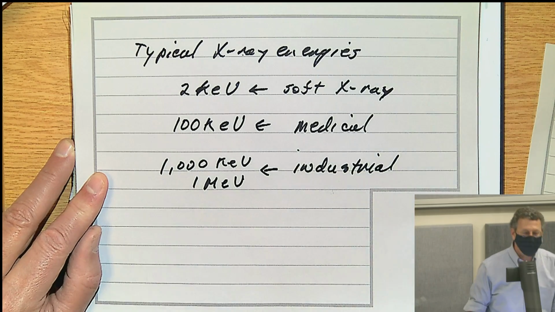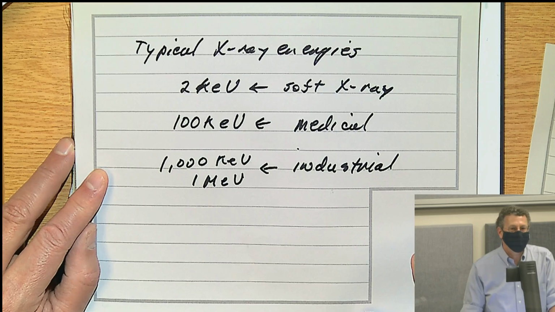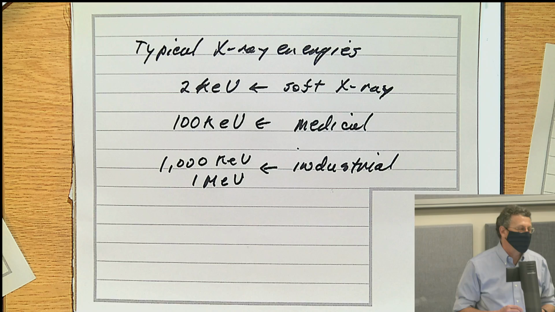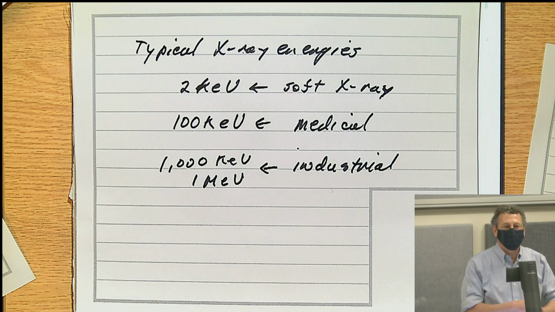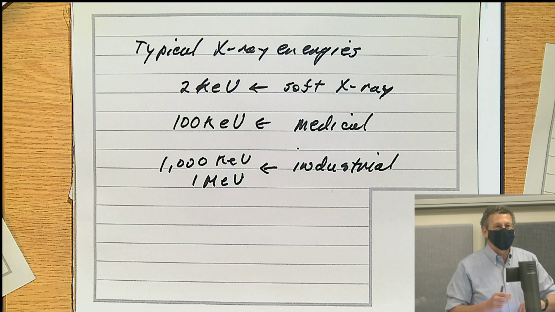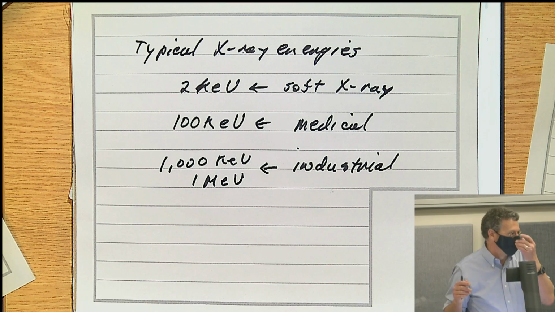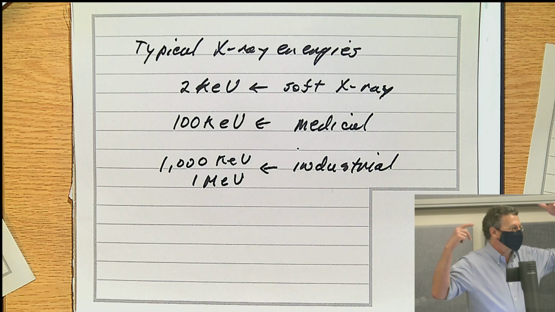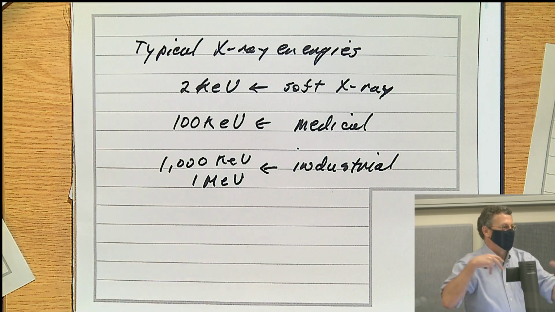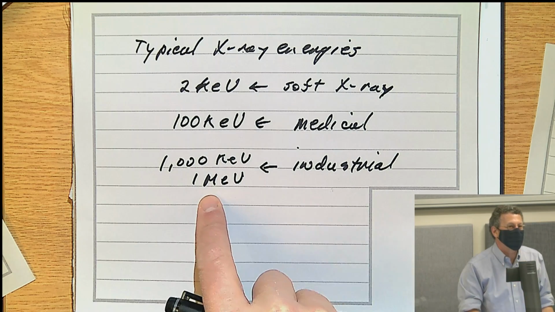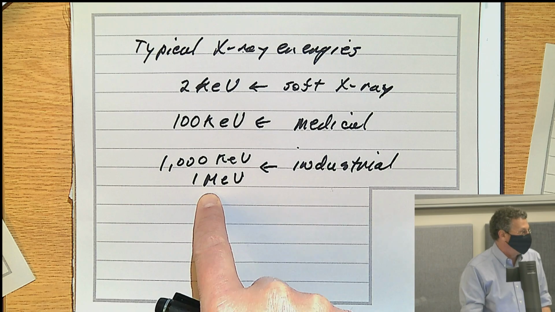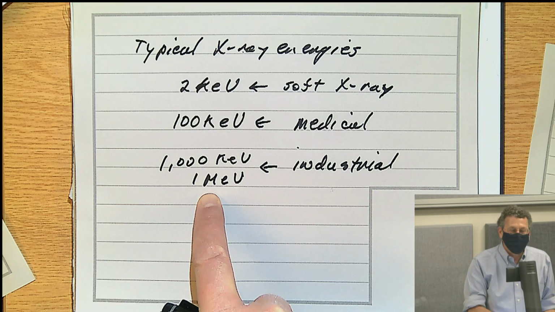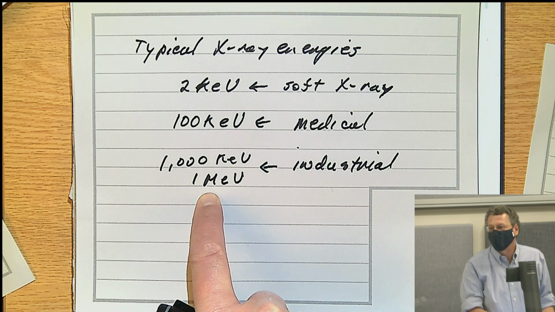I saw an example where GE had done a CT scan of an entire jet engine, not the LEAP engine, that's pretty big, but a smaller jet engine used in a small aircraft, I think. They have this gigantic CT scanner that's the size of a room, okay? They bring it in with a crane, put it on a table, and rotate the engine around. But to get the X-rays to penetrate through something that big, metal, by the way, metal's pretty absorbing of X-rays, you need very high energy X-rays that can penetrate through the metal, okay?